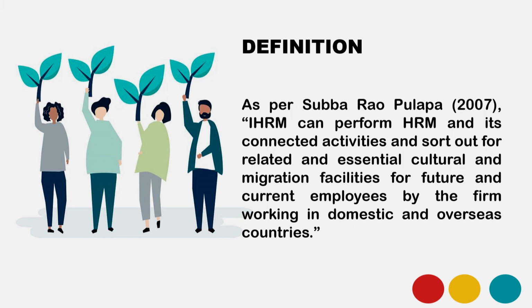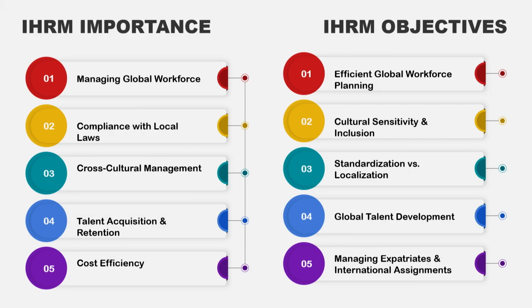If you look into the entire IHRM perspective, you will see that IHRM refers to the process of managing human resources in multinational organizations across different countries. It involves recruitment, training, development, compensation, performance management, and all the well-known verticals of human resource management. Now, let's understand IHRM on the basis of its importance and objectives. I have clubbed them into the same slide so that we will have a comparative analysis.